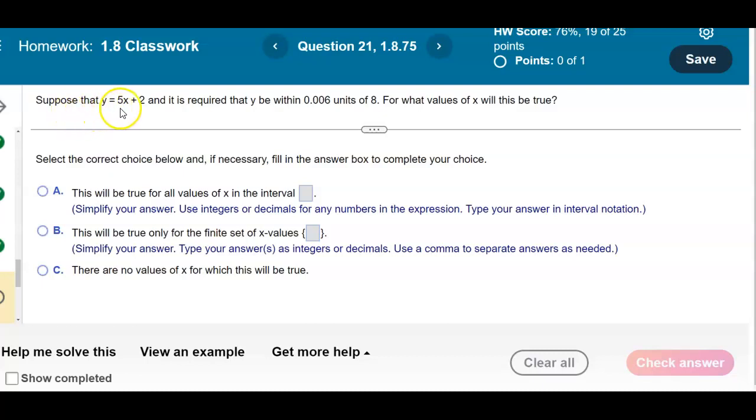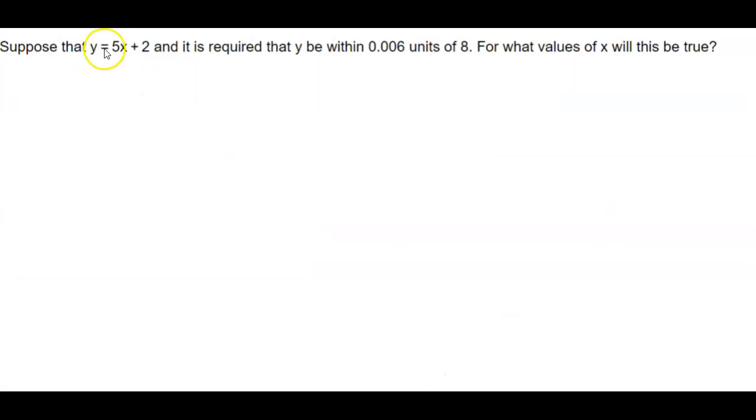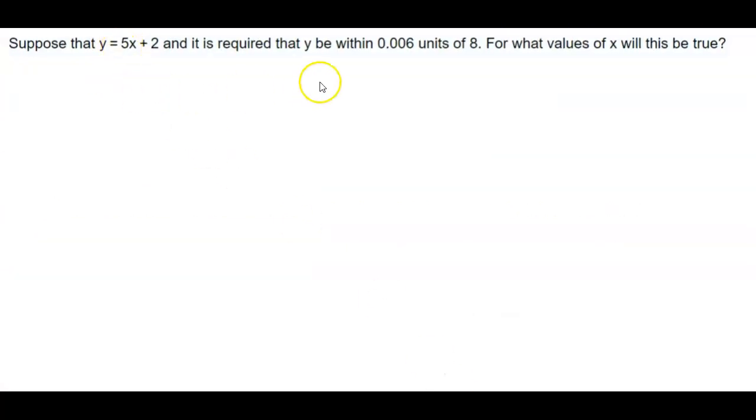Suppose that y equals 5x plus 2, and it is required that y be within 0.006 units of 8. So for what values of x will this be true? So let's take a look at the question here. Now again, it says y be within